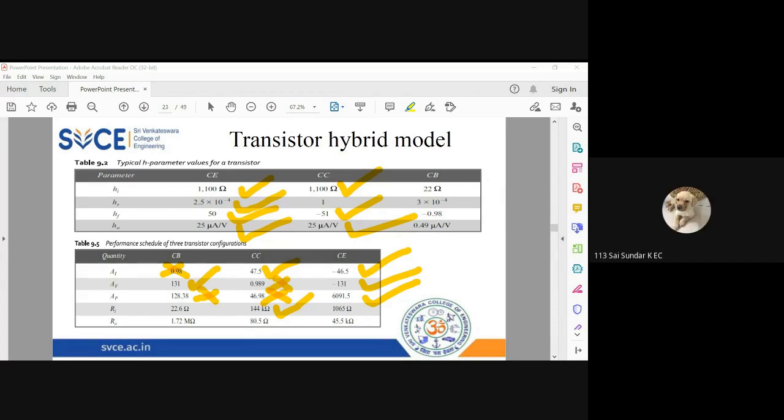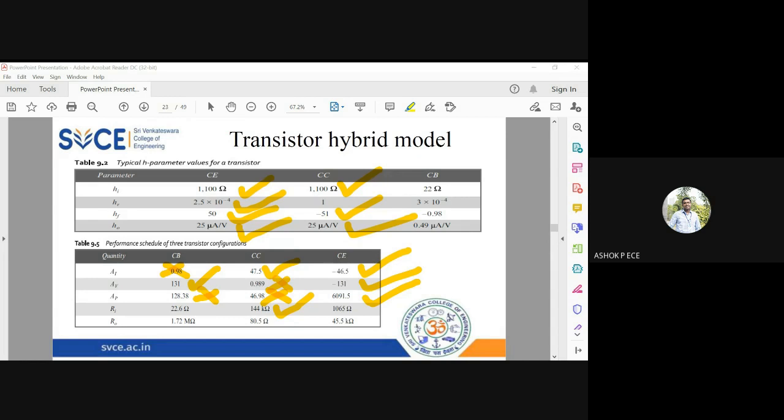To control the input current, sir. Yes. What is the advantage of controlling the input current? To have a higher current gain on the output side. So as you said, I should have very high input resistance to control the current, and this has